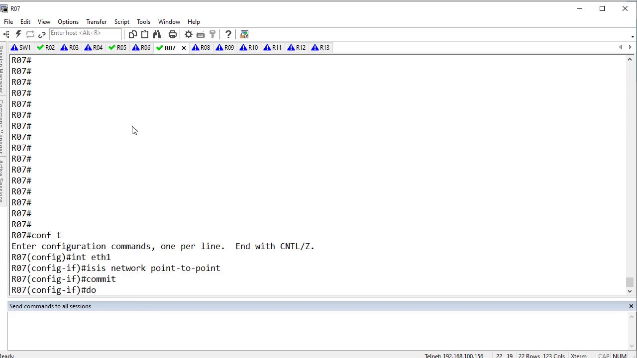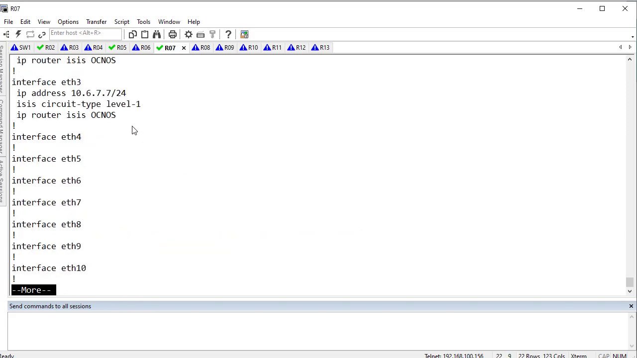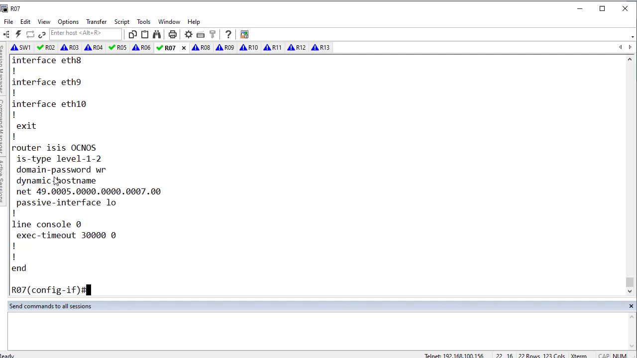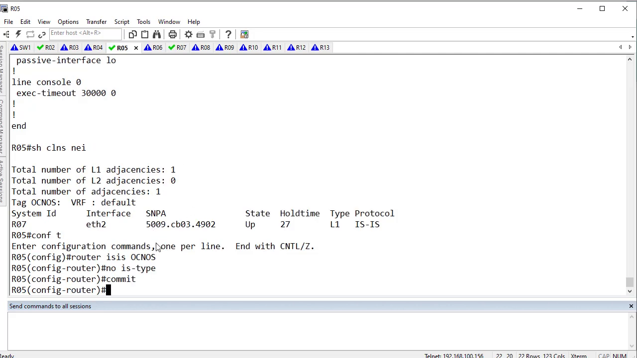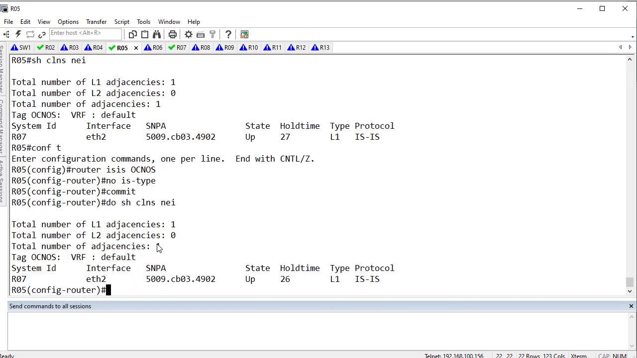So if I just say do show run and go down to get to here, you can see that it says IS type is level 1 2. So that is the default, and for R5 for now it's going to be the same. So now if I say show CLNS neighbor, you can see that I have this L1 adjacencies, but after some